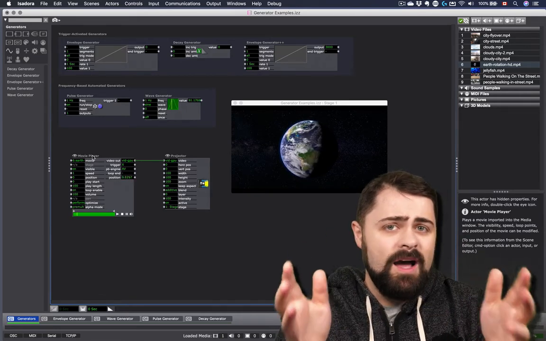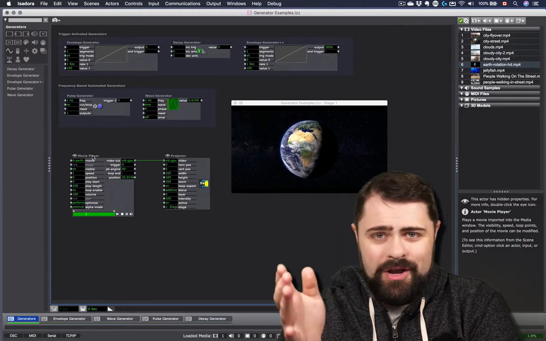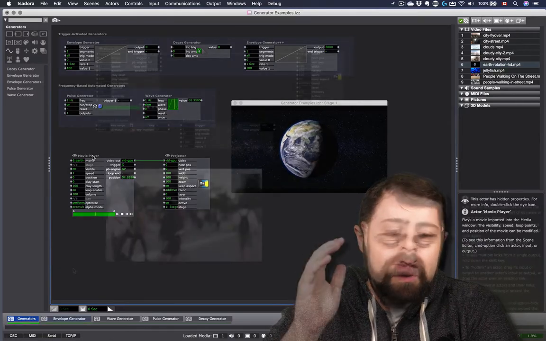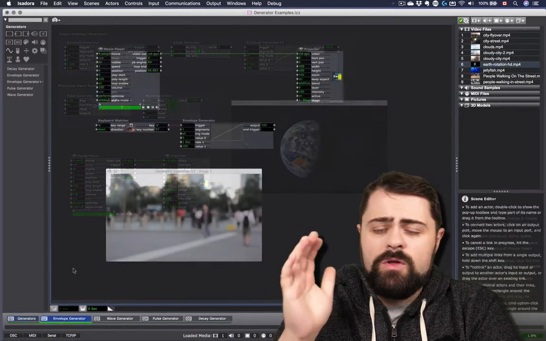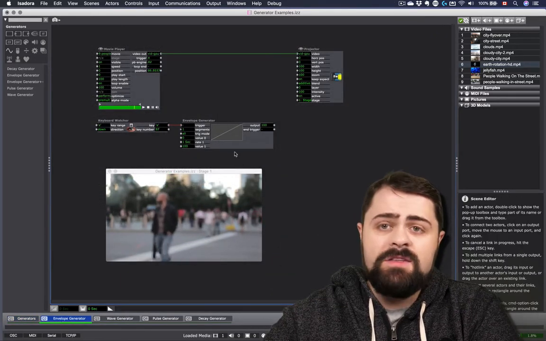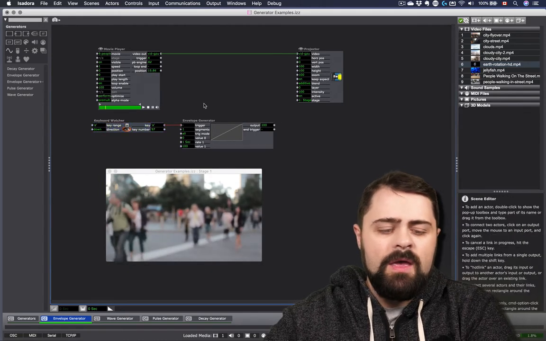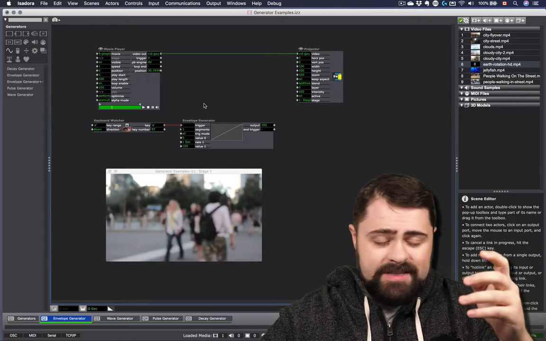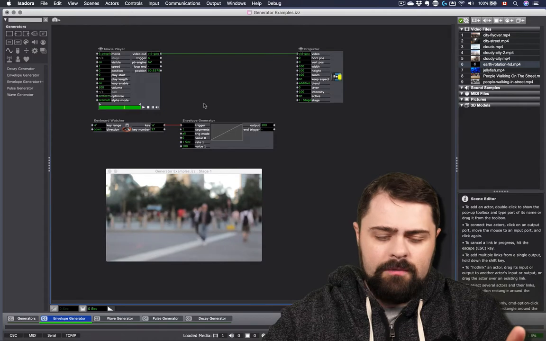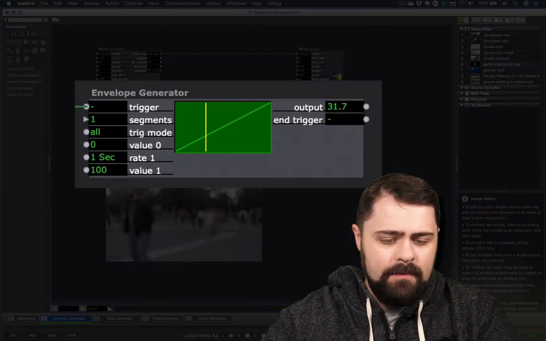So let's dive in and explore what we can do with the envelope generator actor. I prepared a little bit of a scene here for us to see what we might do with it. Now, I've created a simple scene here with just a movie player and a projector, and I've placed the envelope generator in the scene with a keyboard watcher plugged into its trigger input. My keyboard watcher is rigged up to press the A key, so pressing it will fire the envelope generator. Let's watch and see what happens when I press the A key.